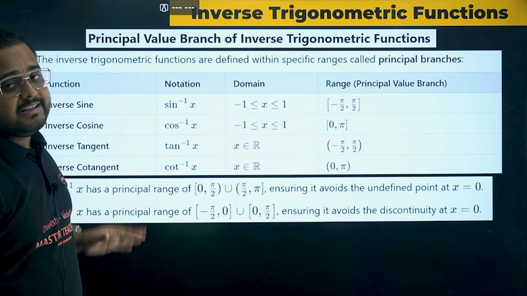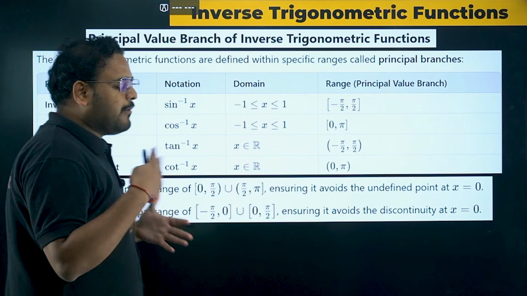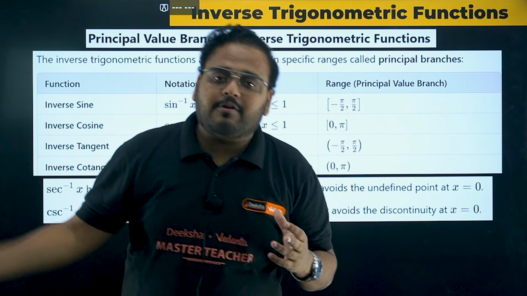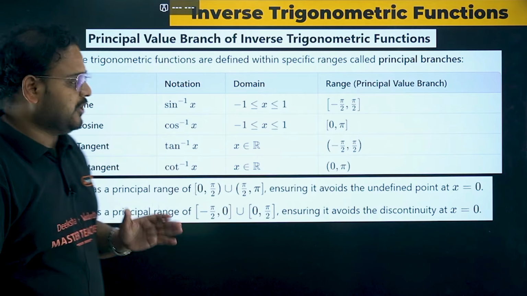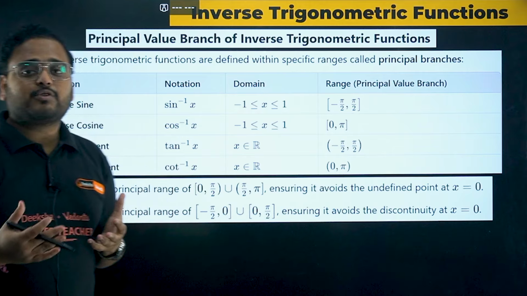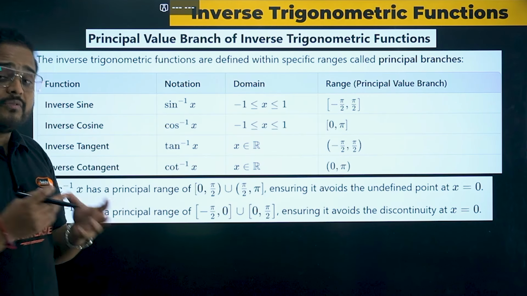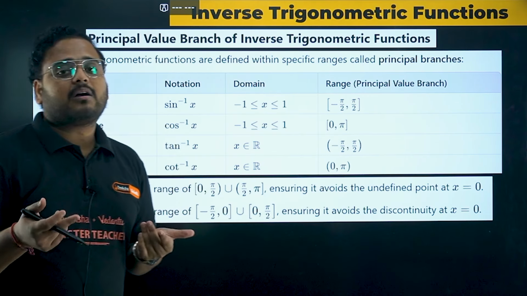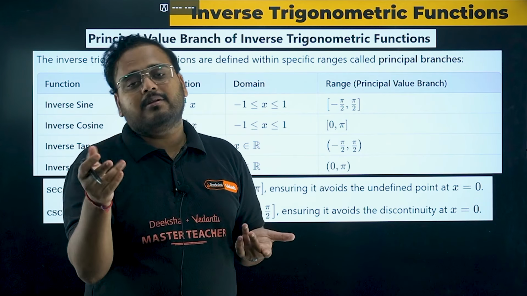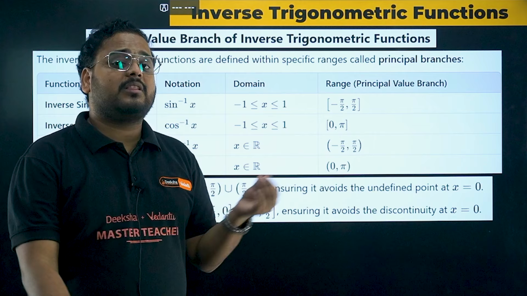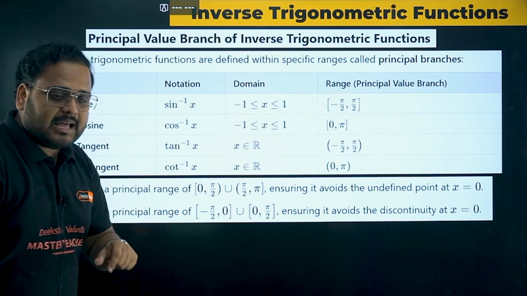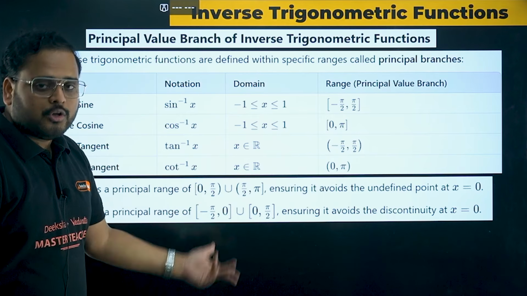Let's move on to ITF. I'm going a little faster because I want this to be a very small video, not too lengthy. Just to visualize the formulas, just to look at the formula, is more than sufficient. In the ITF chapter, your important topic is going to be domain and range, because questions will be asked directly in MCQs. Even the 2 marker can be sine inverse of minus 1 by 2 plus tan inverse of 1 by root 1, and like that a series of questions can be given in which you are supposed to find the values. Once you know all this domain and range and the special angle values of trigonometric ratios, you can solve these.